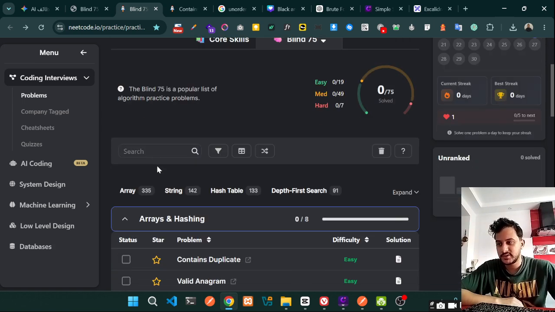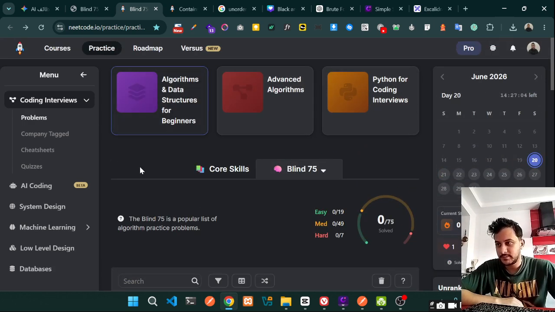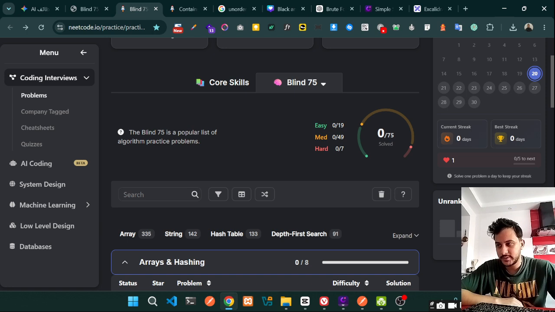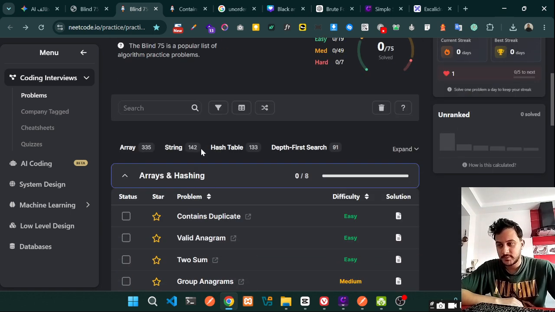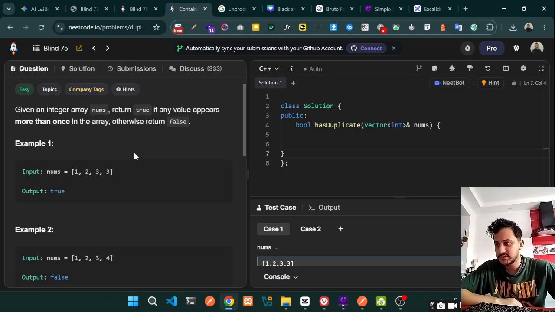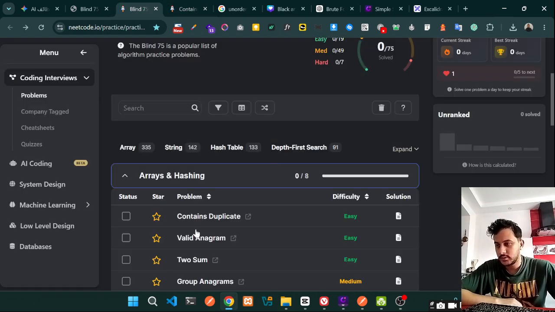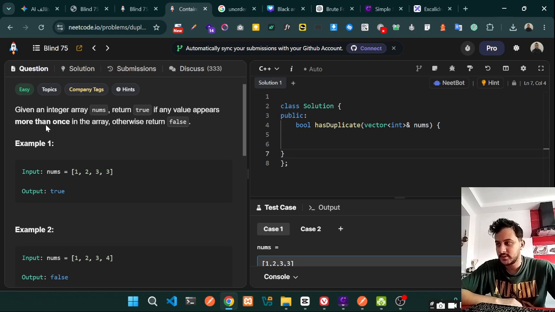So I want to start today the playlist or the series called Blind 75, a popular list of algorithm practice problems. So let's start with the easy problem. Here we just go to contains duplicate. So first, given an integer array nums, return true if any value appears more than once in the array,